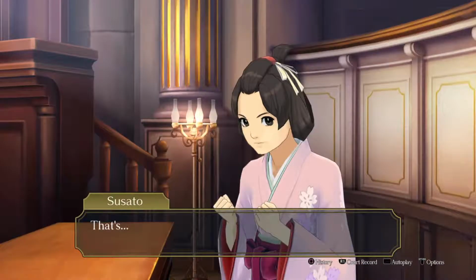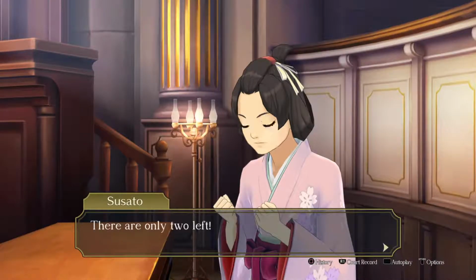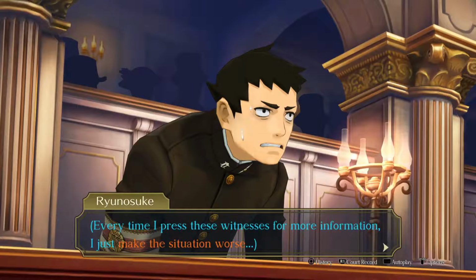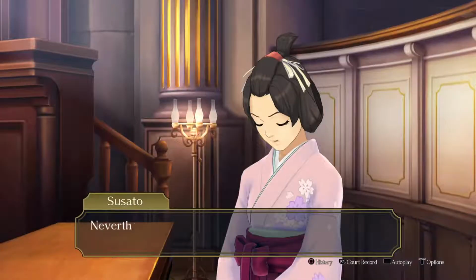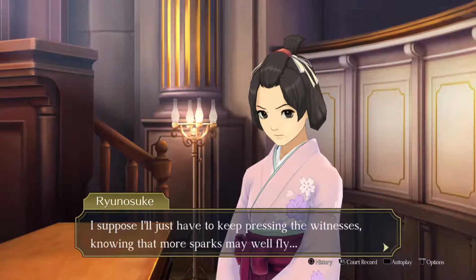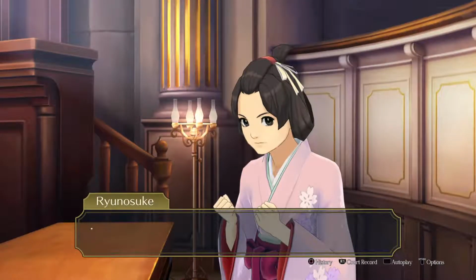Not again. That's 4 out of the 6 jury members who proposed a guilty verdict. There are only 2 left. We've had it. Every time I press these witnesses for more information, I just make the situation worse. Nevertheless, what we need more than anything at the moment is more information. We're still very much in the dark. I suppose I'll just have to keep pressing the witnesses, knowing that more sparks may well fly. We mustn't give up hope that we'll uncover something that will give us a way to fight back. But...